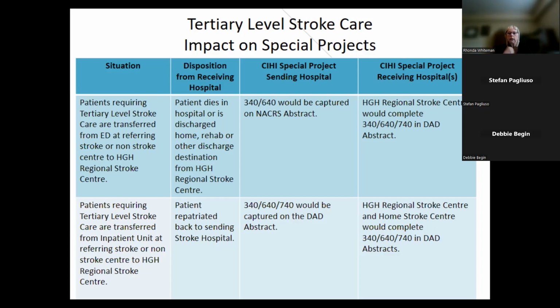If the patient is discharged from the regional stroke center, the regional stroke center would complete 340, 640, and 740 in DAD. If the patient is transferred from admit to admit and then repatriated back, the sending hospital would complete the 340 in the DAD. The regional stroke hospital and the home stroke hospital would complete the 340, 640 in the DAD